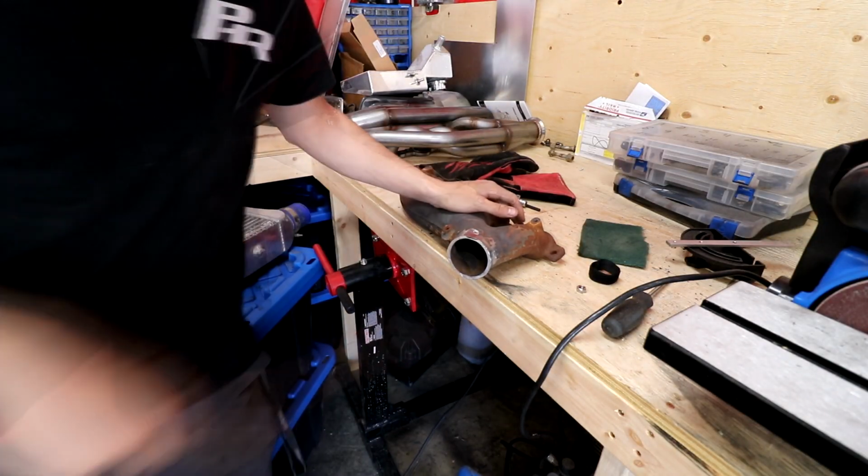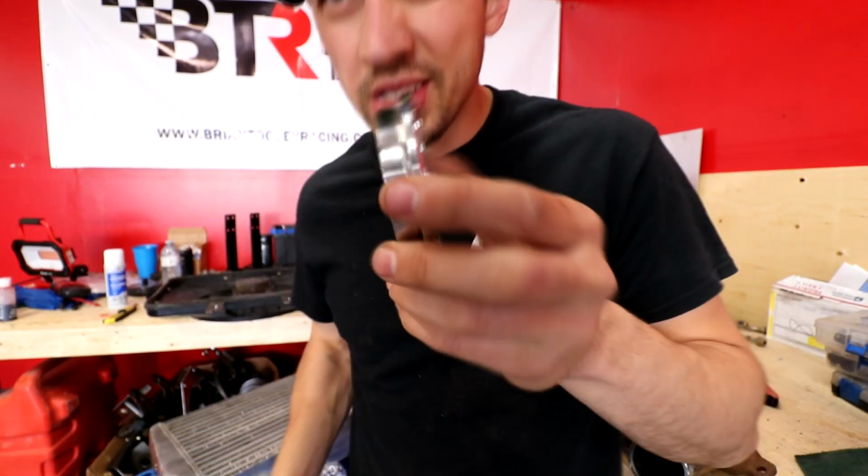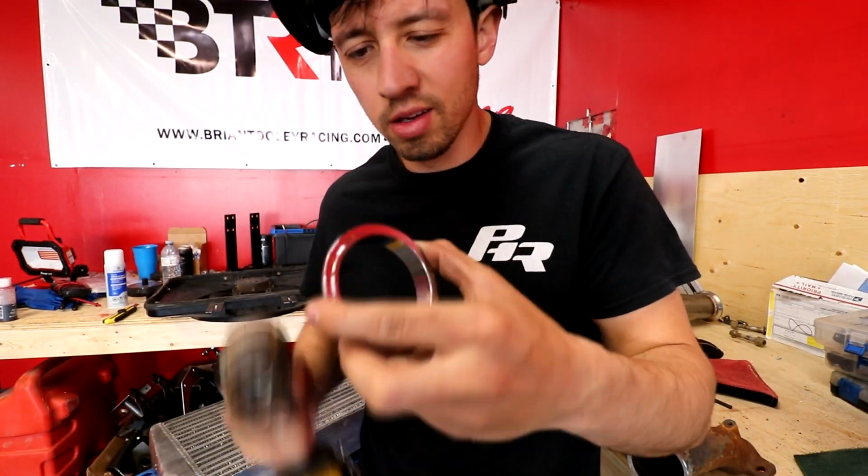That's not gonna work very good. There's probably some sort of coating on this too, so I'm gonna...